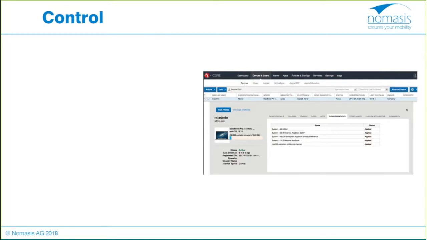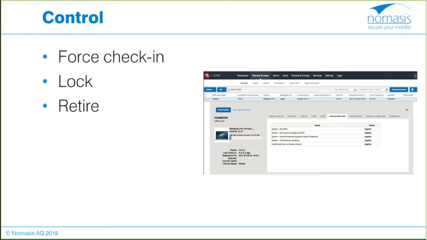What about the control? As soon as the device is registered, you would like maybe to see the device details. So you'd like to see how much disk space is available, what are the configurations which are applied, when did the device check in for the last time, that kind of things. You would like also maybe to force the check-in from the MDM server, to lock or unlock the device. You could retire it, wipe it as well. So you see that the basic commands that you find for iOS or Android management or Windows are also applicable for macOS. I will not explain all of them. I think most of you already know that kind of actions.